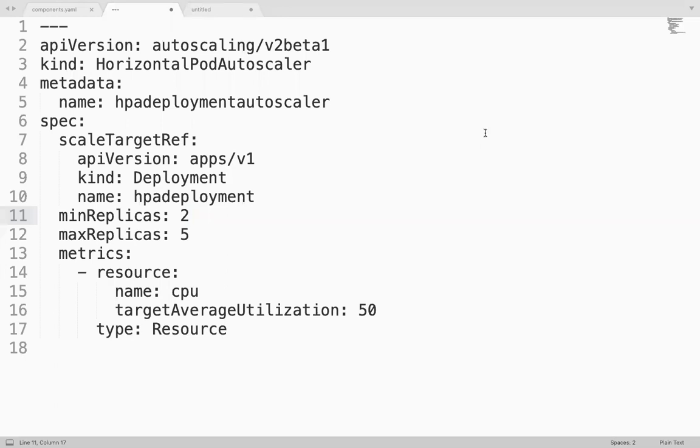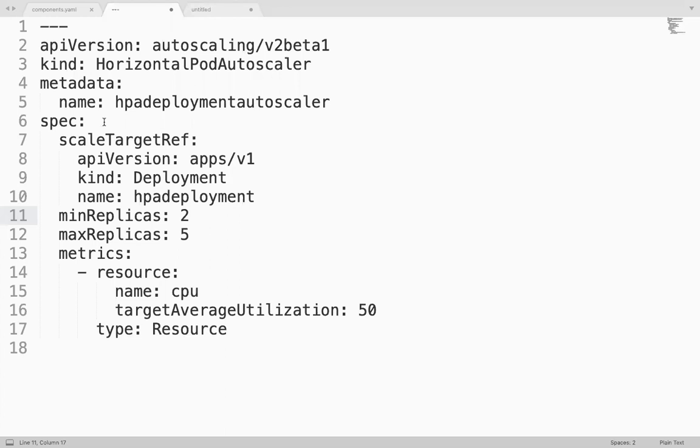This auto scaling is for which replication controller, or which replica set, or which deployment? Where are we mentioning that?